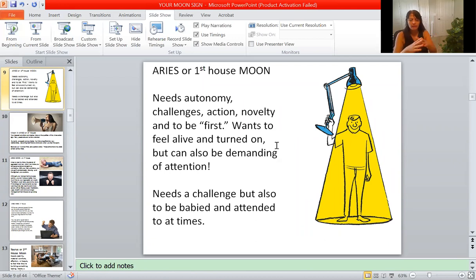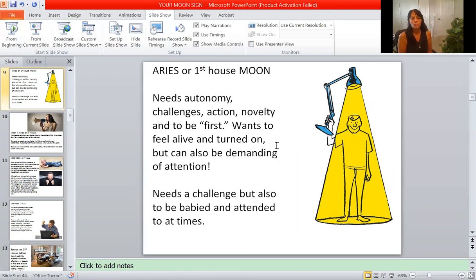So let me just, before I get into that, if you have, say, a Cancer moon, which we'll get into a little bit, we'll find that it's that emotional moon. And then if it's in the first house of Aries, it puts a little more tension on it. It's not so maudlin. Okay, so keep that in mind as we go through this. So be thinking of both, where the sign and where the house is when we go through these.